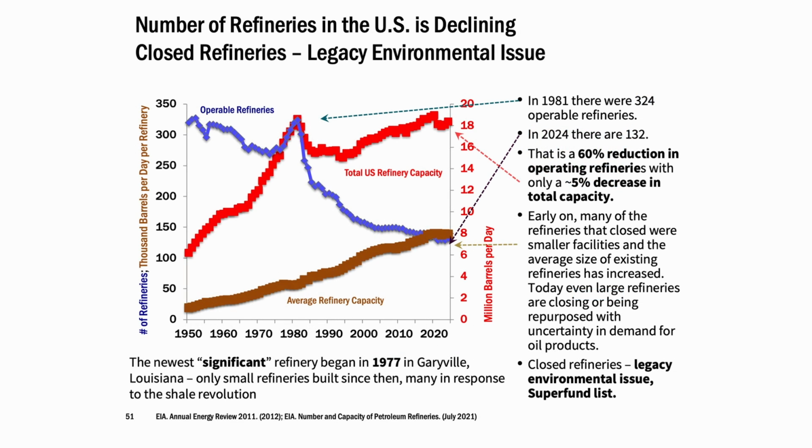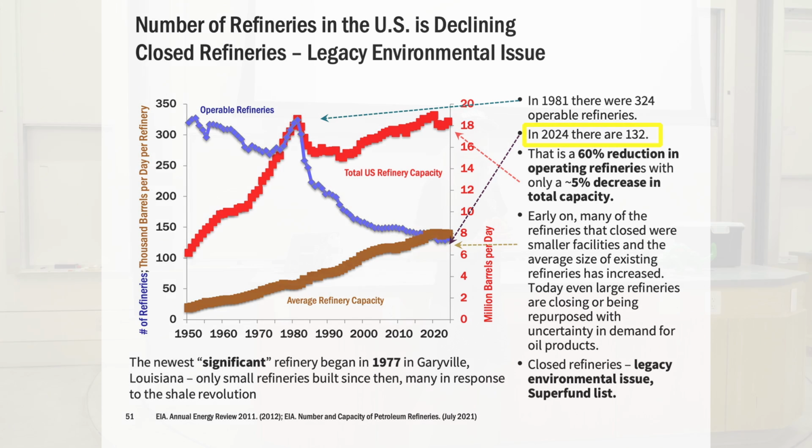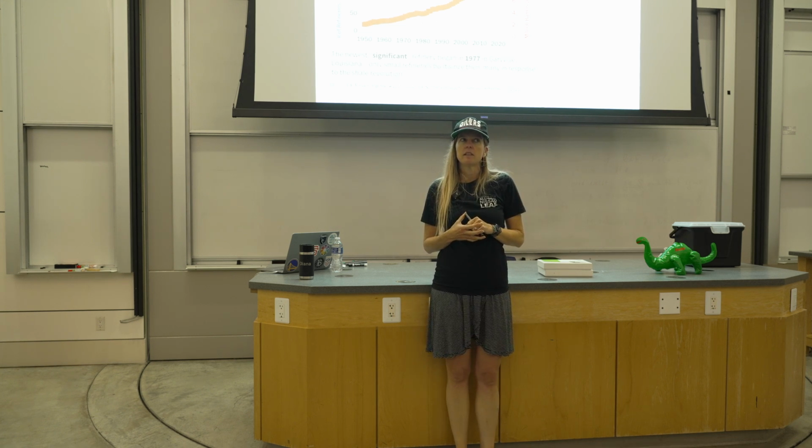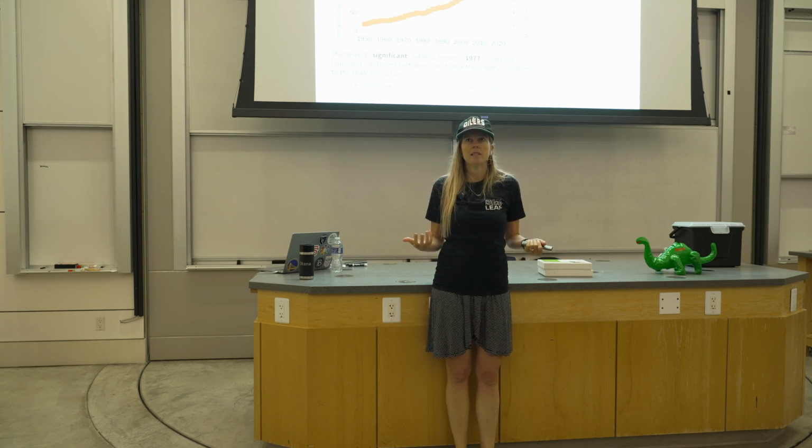So what's been happening in the refinery landscape? I know there's kind of a lot going on this chart, so I'll take you guys through it. We have been closing refineries for the most part in the US. And you can see here in the 1950s, we had over 300 refineries. Today, we have about 130 refineries. We haven't built a big refinery since the late 70s. What we've done to increase our products is to add on to existing refineries. We just add capacity for the most part.